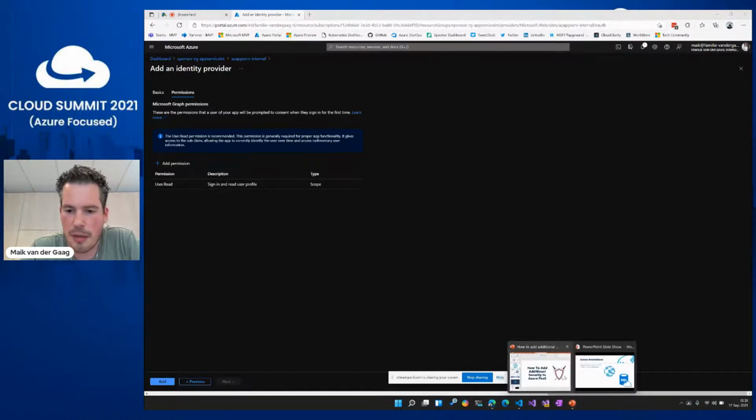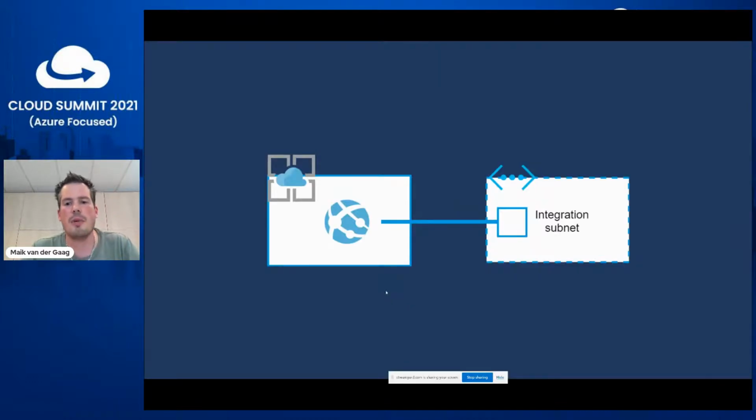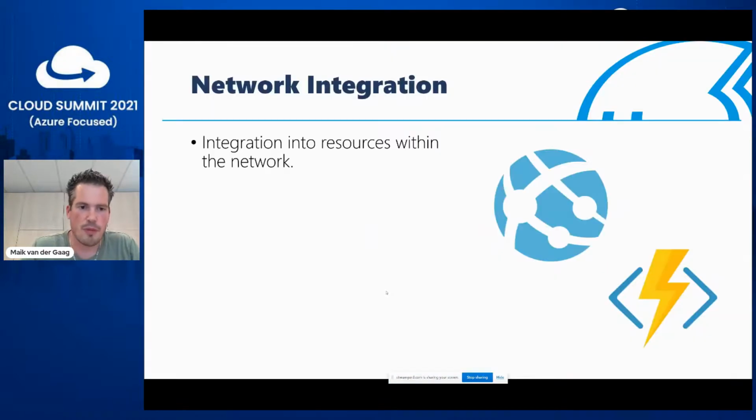So let's jump back to the presentation and look at other ways of doing access restrictions, and retrieving of data. So basically the next one is a VNet integration. A VNet integration makes sure that your application itself is able to access information from within a network, from within a subnet. It's basically an integration into resources within the network, meaning that it's not a real security